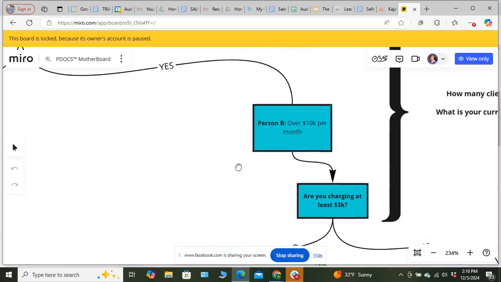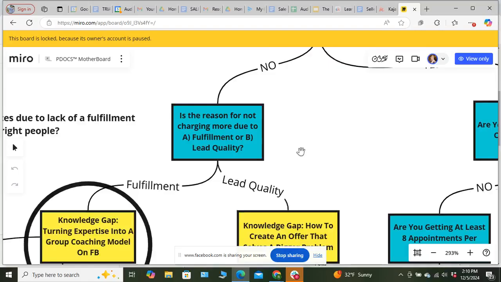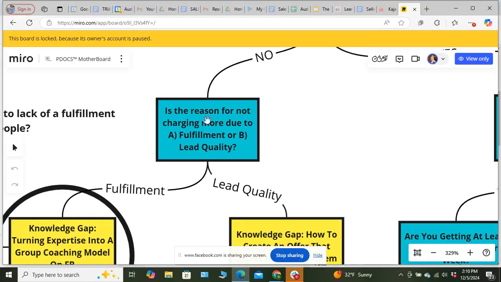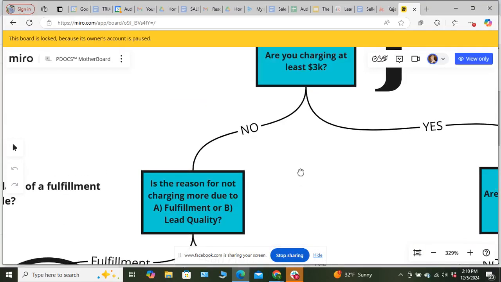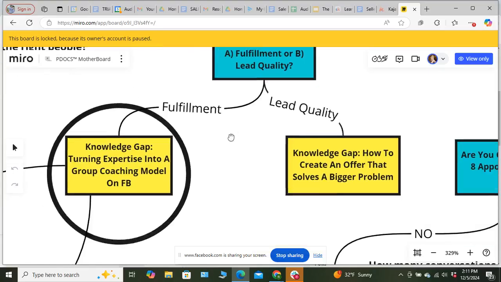Now, I already know they're over 10K months, and if they're not charging at least 3K, what do I want to ask them next? Well, is the reason you're not charging high ticket prices due more to the fulfillment or the lead quality? Which really means, number one, I feel like what I'm delivering in terms of a transformation or a service isn't worth 3K, or, hey Ray, my audience can never afford 3K, right? That's a big misconception, but a lot of people think and believe that, which is fine at this point. So no matter what they say, if they say, I'm not charging more because I just don't feel like I'm providing enough value, enough of fulfillment,